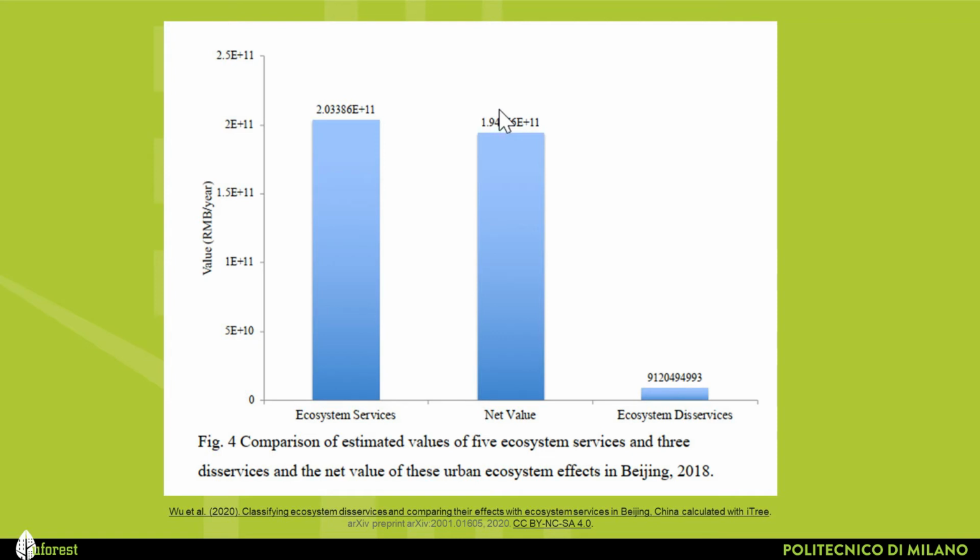The results indicate that the value of the ecosystem disservices is only very marginal compared to the value of the 5 selected ecosystem services: food production, climate regulation, environmental quality, soil retention, and ecotourism. The study only included few ecosystem services and few ecosystem disservices, but it's clear that we do not have to overestimate the impact of ecosystem disservices on the urban ecosystem and the urban society.